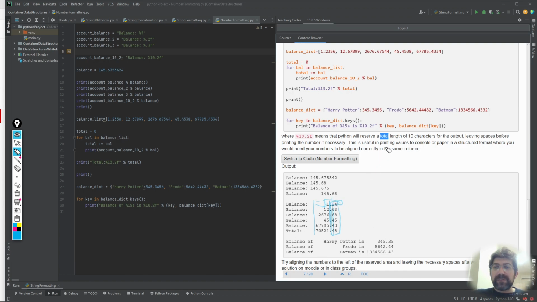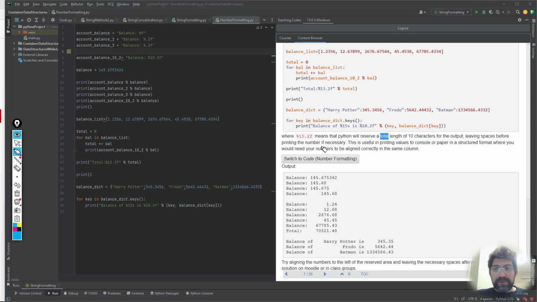So this is achieved by using a notation like this. %10.2f means the entire space it's going to consume will be 10 characters long. 2 of them are going to be used for the decimal part of the number, and there's also going to be a dot. So you will have at most 7 spaces left for your integer part. So it's going to align them. If you have a longer integer part, it's going to be shifted. It's not going to truncate the integer part, but